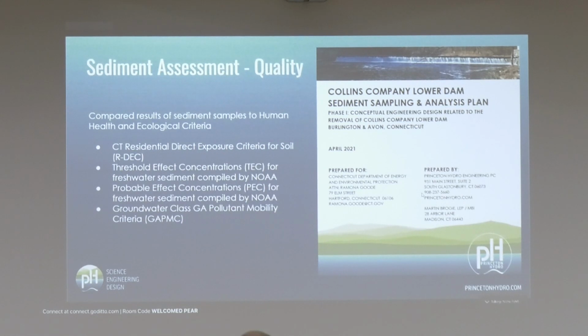And then the groundwater class GA pollutant mobility criteria. These are all mouthfuls, but I'm providing background information for you. In this area, the groundwater is considered class GA, which means that it can be used for residential consumption without any treatment. And so this is a criteria that just makes sure that the groundwater is getting protected and there's no leaching happening. And so with that, you can kind of forget that slide, because the important slide is next,